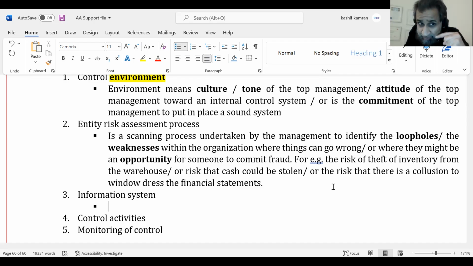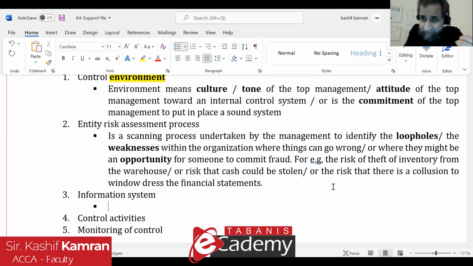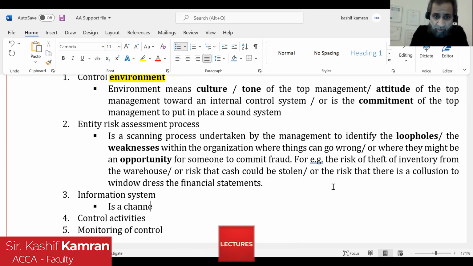Information system helps with the entity risk assessment process. It helps the management to be alert of the problems, of the issues going on in the organization. So it's like a feedback process, right? Where the management gets feedback. If there are any health and safety issues at the factory, the supervisor should tell this to the top management. The supervisor should say that there are lots of health and safety issues going on in the factory, and we should come out with some very good controls through which we can mitigate them. So information system is a channel of communication,